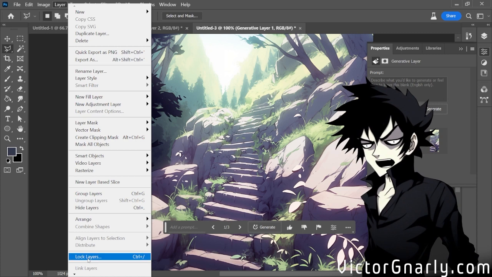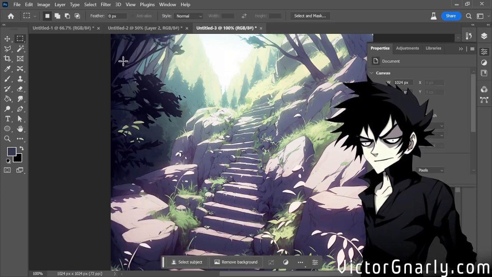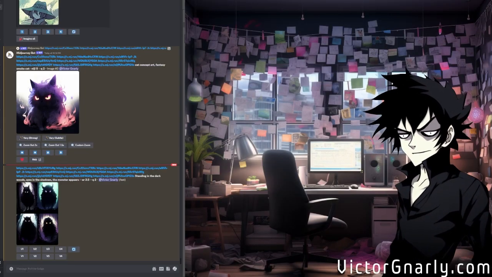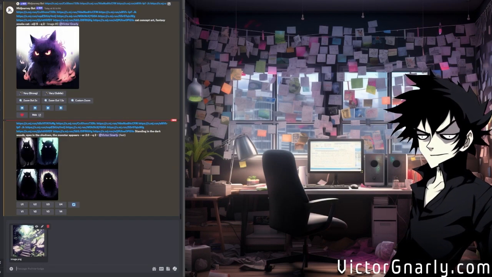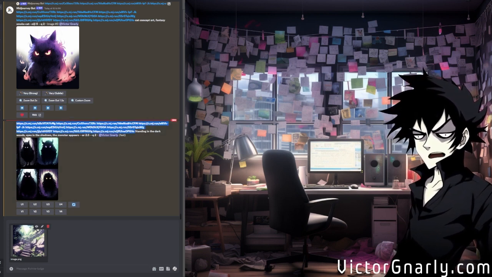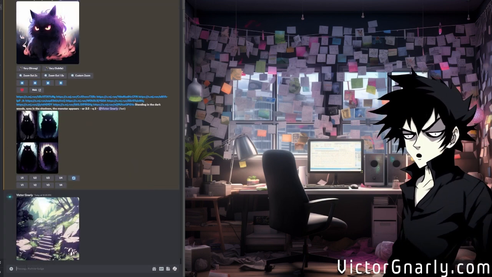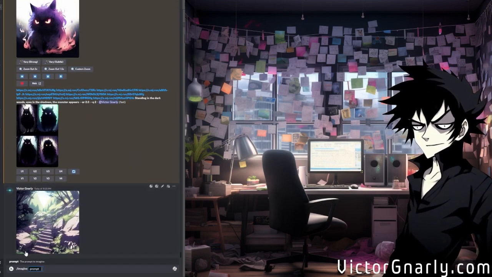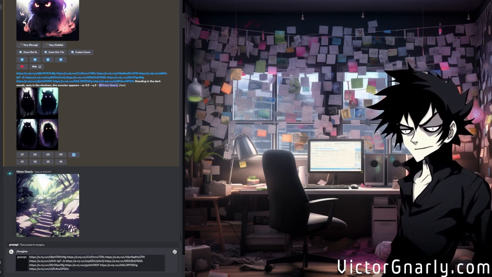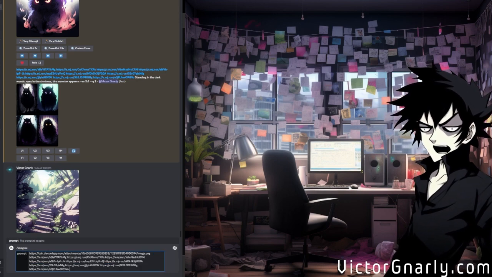But now we'll go ahead and flatten this, copy it over, paste it back into Discord, and then take all of our image prompts that we had earlier for the cat and basically combine the two. So this is way too many reference images of the cat, it's probably going to dominate the results here.